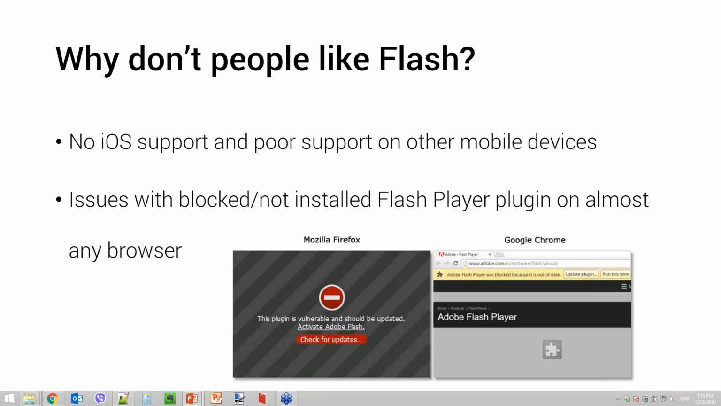So here are some images of blocked Flash Player plugins in different browsers. On the left we have Mozilla Firefox, on the right we have Google Chrome. And how many of you have experienced the case when you open a web page and it asks you some kind of stupid question like here to enable your Flash Player, or you need to figure out how to set this website as an exclusion to show you